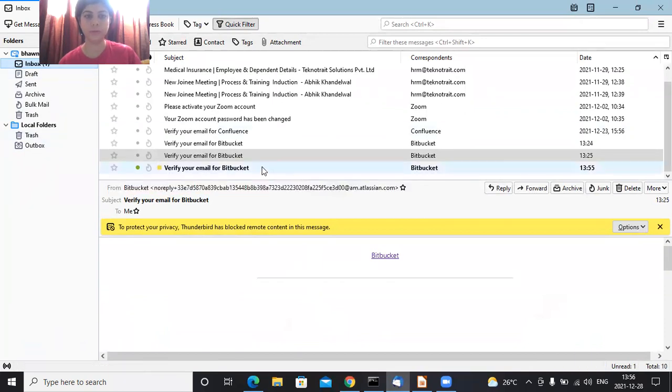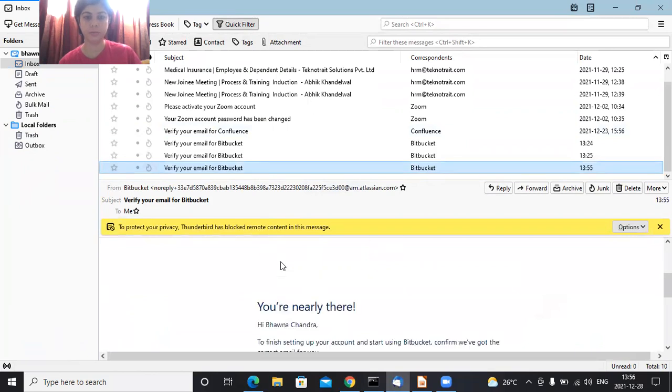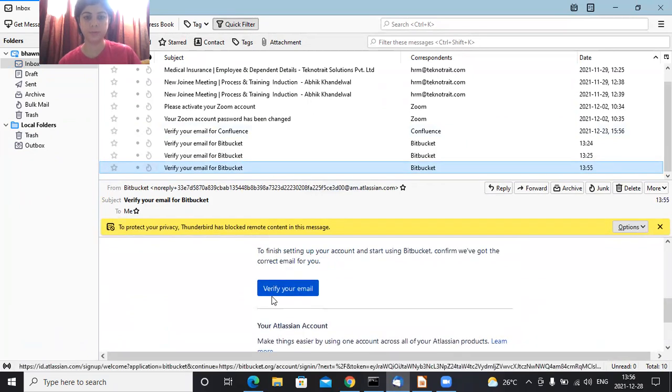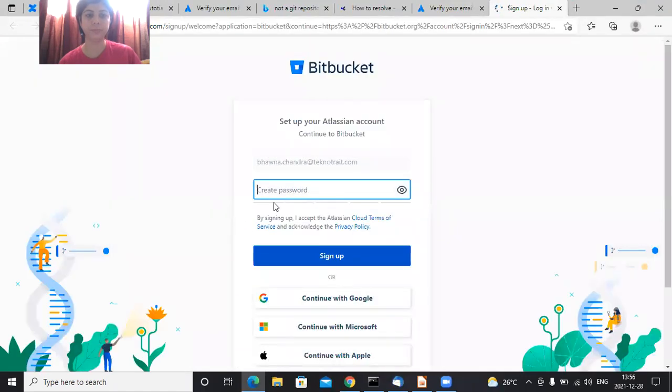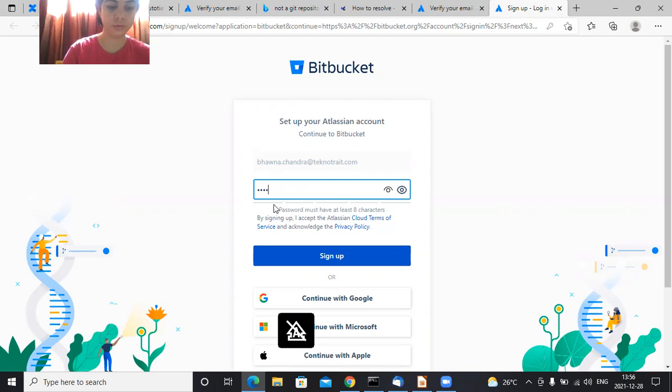So here I have received the mail. Here it says verify your email. I need to create a strong password. Do the sign up.